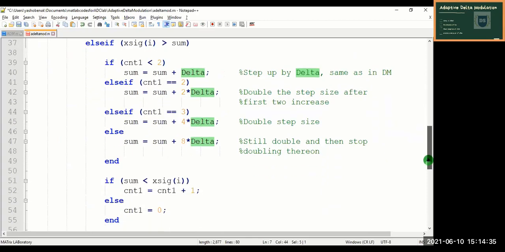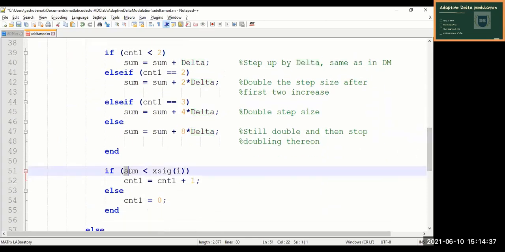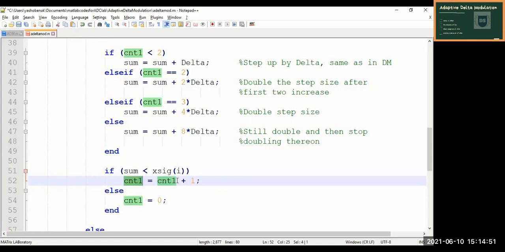We'll check whether this sum value, right now equal to 1, is lesser than the first sampled value. If it is true, we'll increment the count value of this register by 1, such that 0 plus 1 will happen.